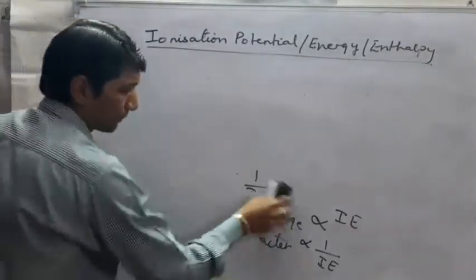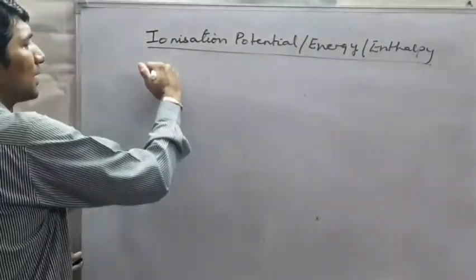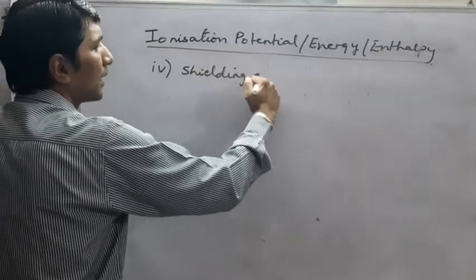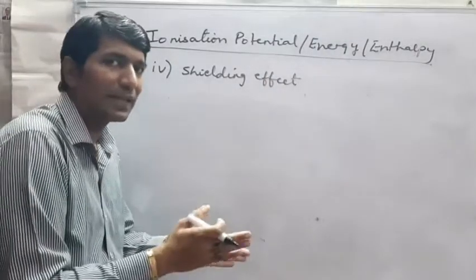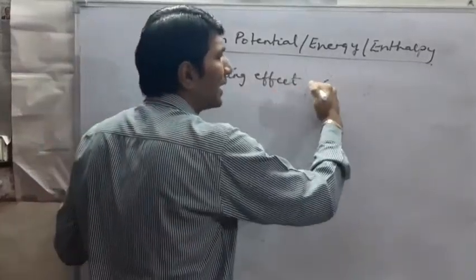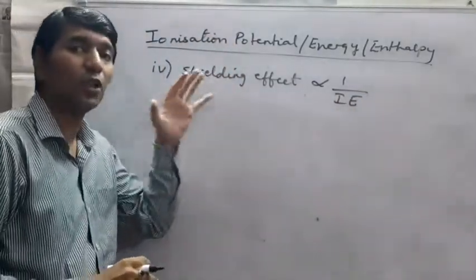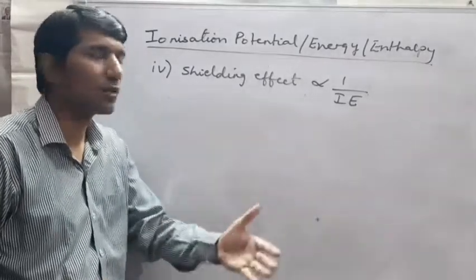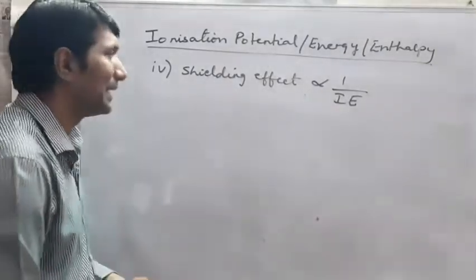Okay. So apart from these three, we have more. The next one is the shielding effect. Now, greater the screening, lesser will be the effective nuclear charge, so lesser will be the ionization energy. So, greater the shielding, lesser the ionization energy. Why? Because shielding will lower the effective nuclear charge. If it lowers the effective nuclear charge, the valence electrons will loosen out. If it loosens out, then of course the energy required to pull will be comparatively lesser.